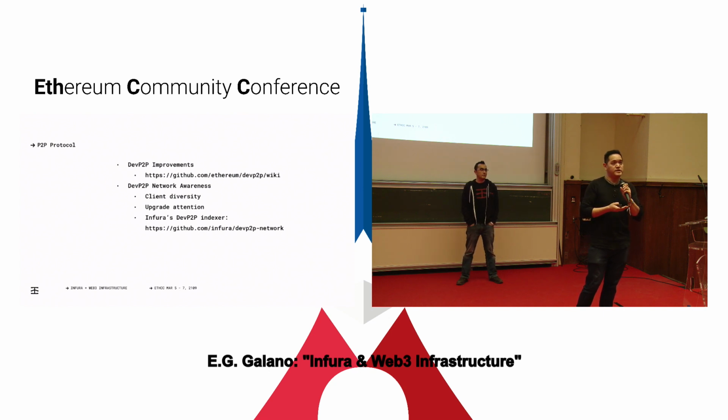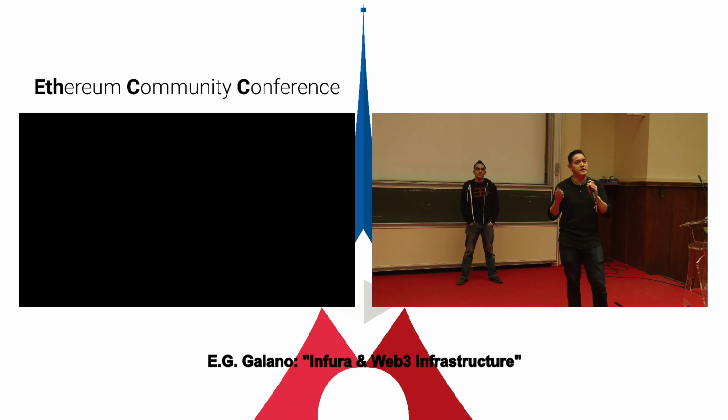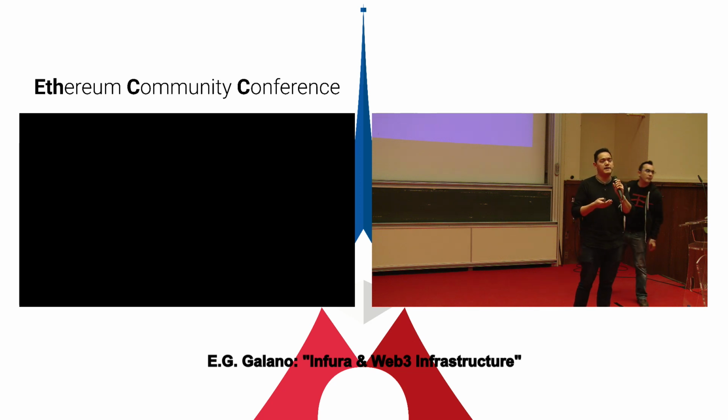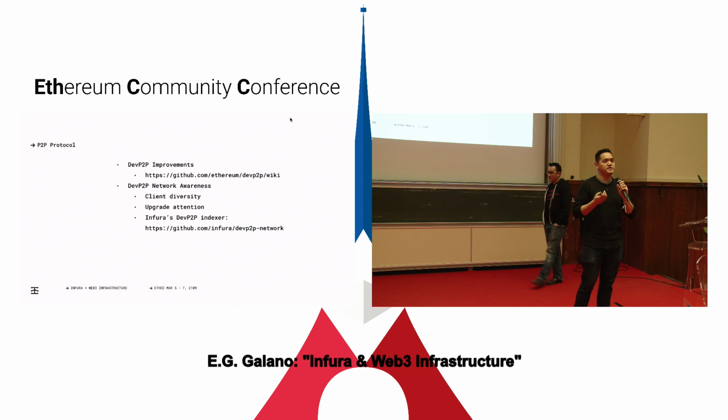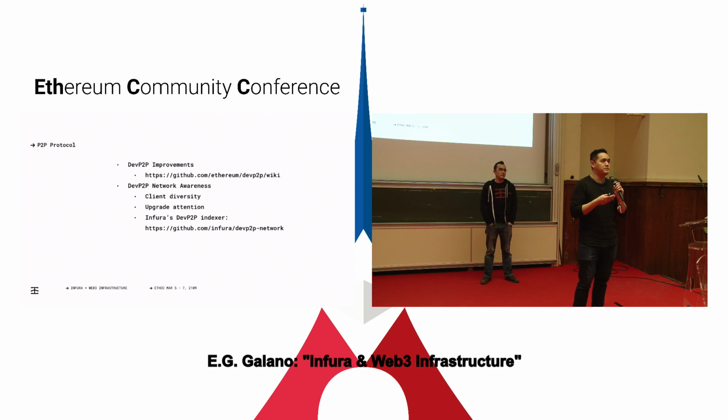Back in 2016 with the spam attacks on the network, the client development teams would create a release, and the community was still small enough that people knew where to look for that information, grab the latest binaries and update their clients, and we sort of had to keep the network up and running. But as the ecosystem and our community continue to grow, that information is going to get harder and harder to disseminate. So having these tools, and people should be developing more tools, will allow us to understand the health of the devp2p network.